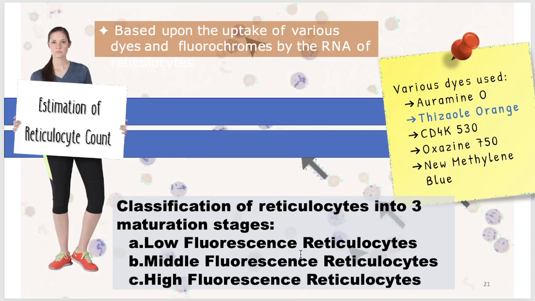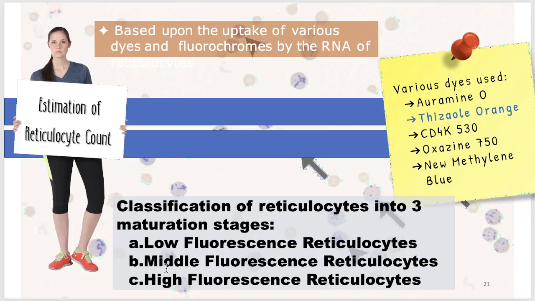So again, the reticulocyte fall into, pwede siyang low fluorescent, middle fluorescence, or high fluorescence reticulocyte. With less mature reticulocyte, pag less mature siya, it will show higher fluorescence. Therefore, more uptake of your